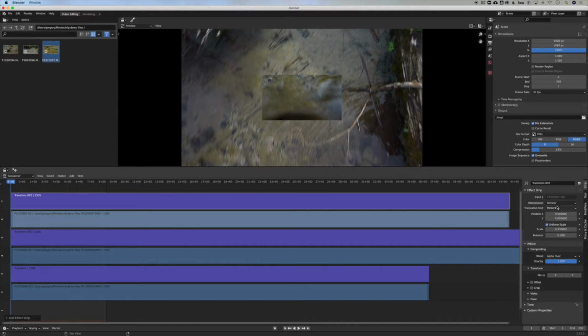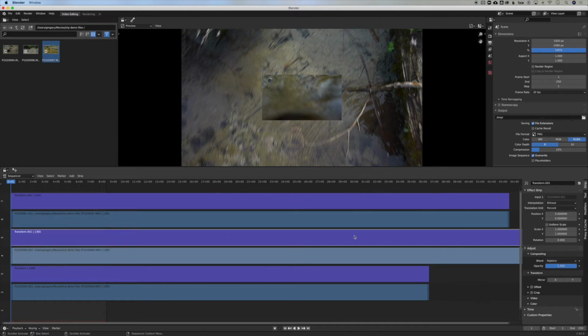Alpha means a similar thing to opacity or transparency in Photoshop. So now that we have set that, we are going to do the same thing for the other effect strips. So now I'll click on the effect strip that corresponds to the middle video, uniform scale,